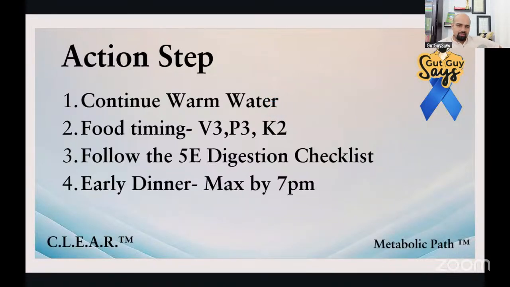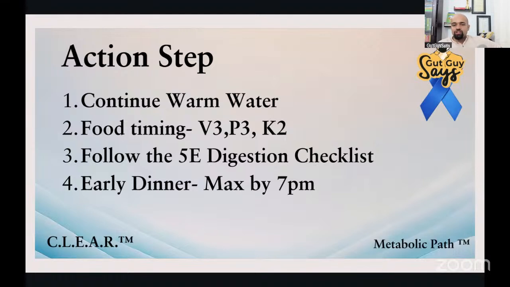Continuing with warm water, yes. What is happening as a result of having warm water? What do you feel is happening as a result of having warm water? Digestion is good. Okay. Better digestion. What else? See, by now you would have started observing that hunger management is happening. Okay, very good. Sonal, good to hear that. What else? Okay, so all these are happening. Very good. Now,